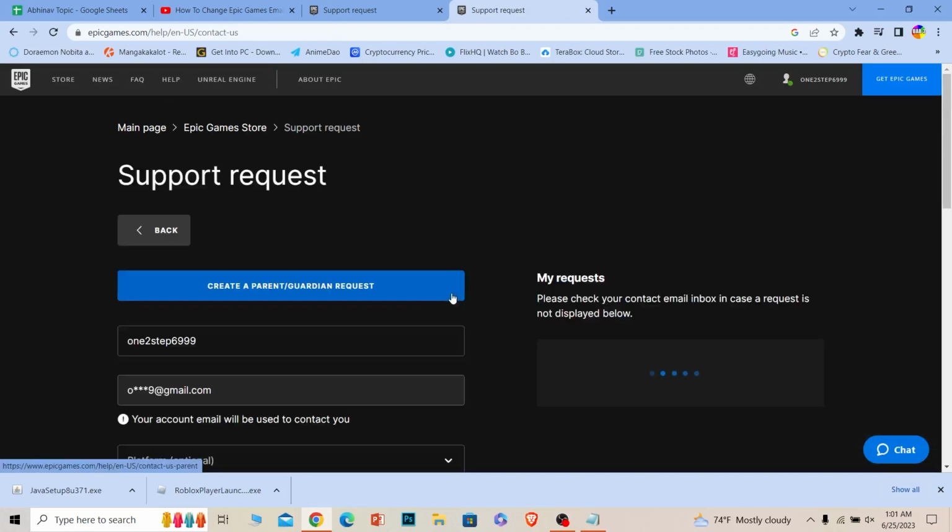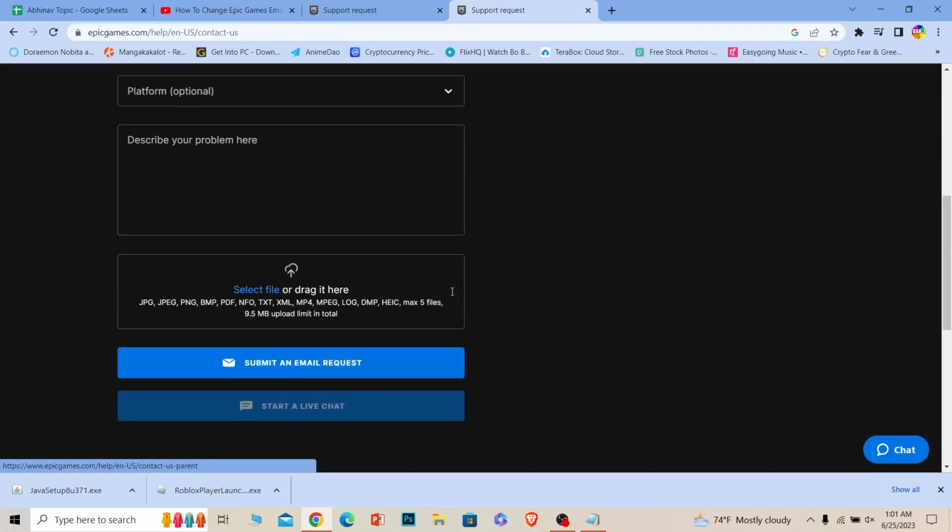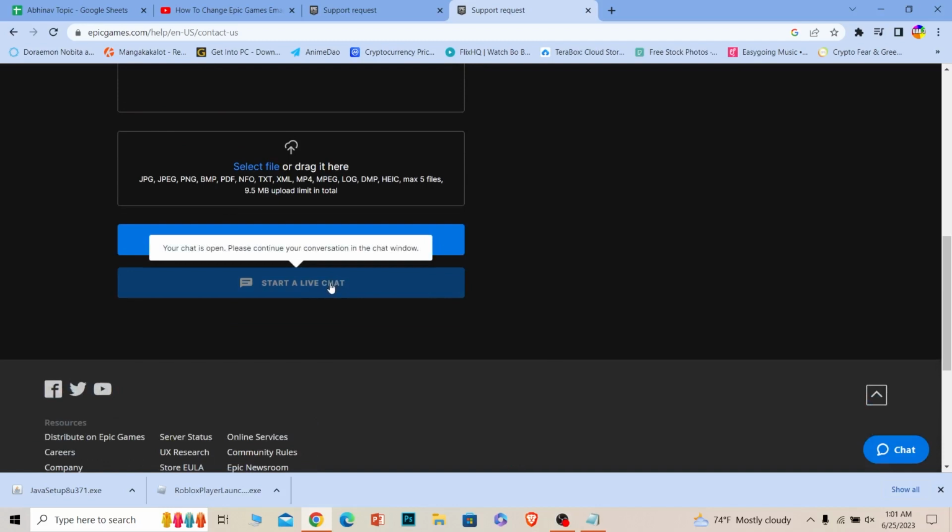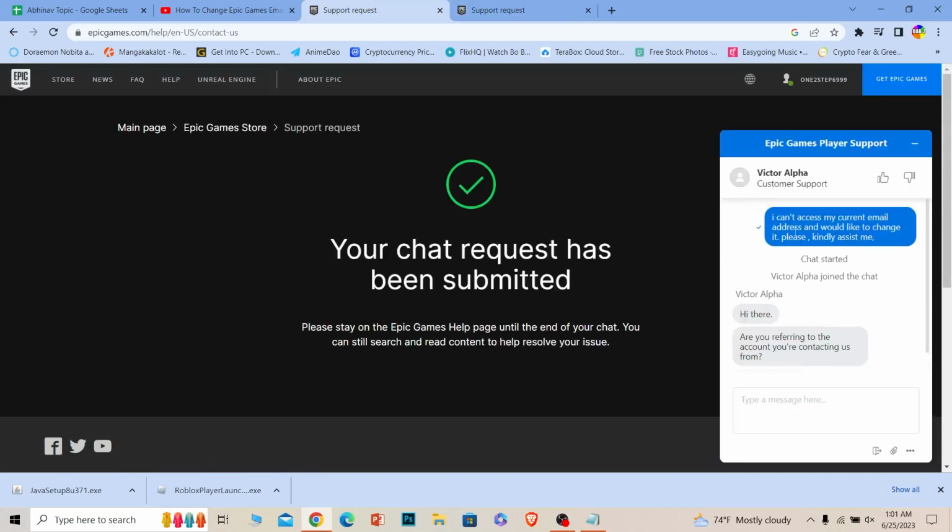It'll show you some methods. Once you're over here, scroll all the way down and click on start a live chat. Once you click on start a live chat, what you want to do is write this in the live chat: I can't access my current email address and would like to change it. Please kindly assist me. Once you write this on the chat, somebody from the Epic Games team will contact you